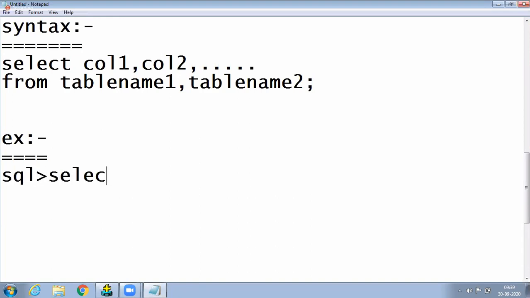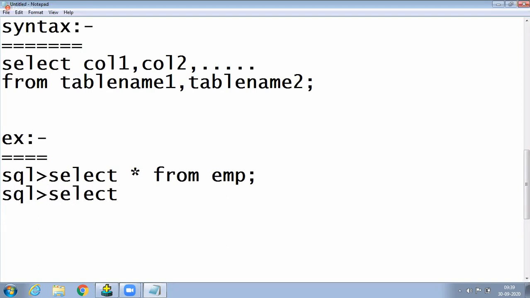Write it in our system and check it out. Select star from EMP, which is a table. Again, another table: select star from DPT, which is a table.